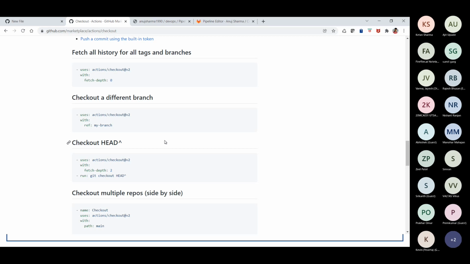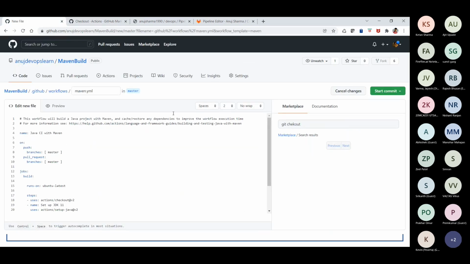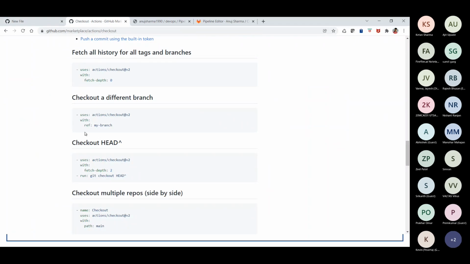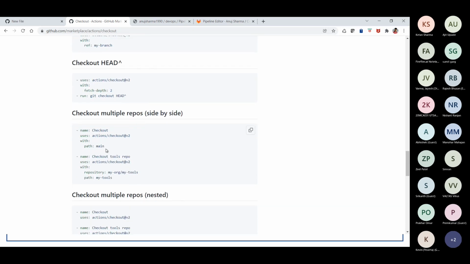So that's how the activities can be done, and that's what we are going to do. We can pick those particular ones here. You will have the values here. I'm just using this because I wanted a checkout of the master branch, so I did not give a branch name. You can give the branch name, check the fetch depth, and if you want the checkout done in a different folder, you can do that also. You can check out multiple repos.